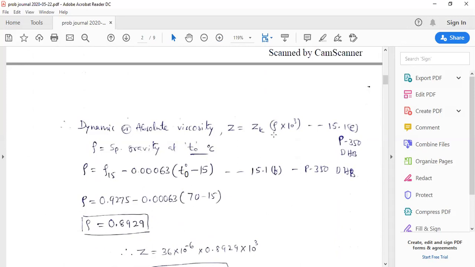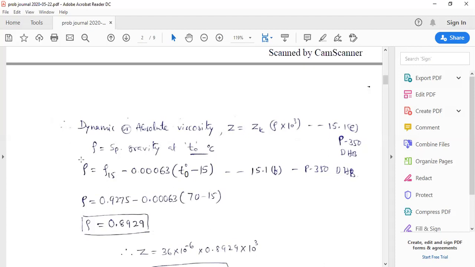So here rho is a specific gravity. Rho is used here to indicate the specific gravity. In most cases, S is used to indicate the specific gravity, but here rho is used, as per the data and notation, so we have to follow the same thing and multiply it by the density of the water, so that we get the value of rho.